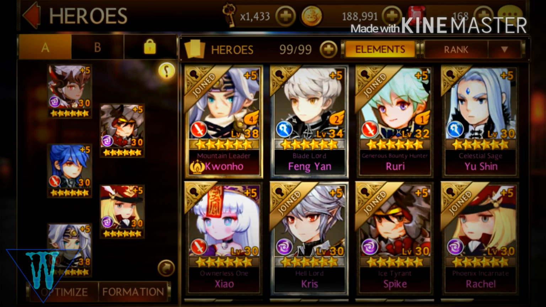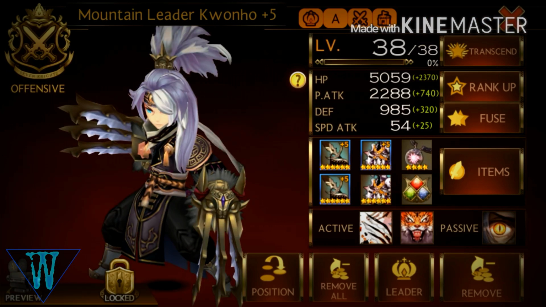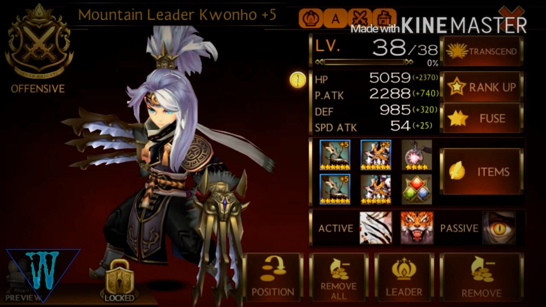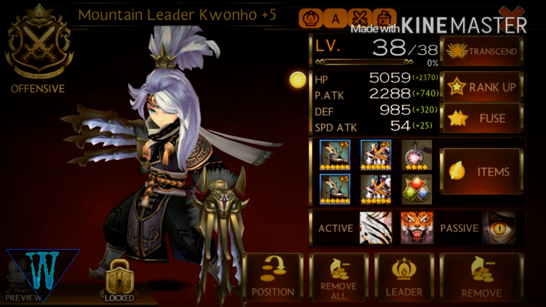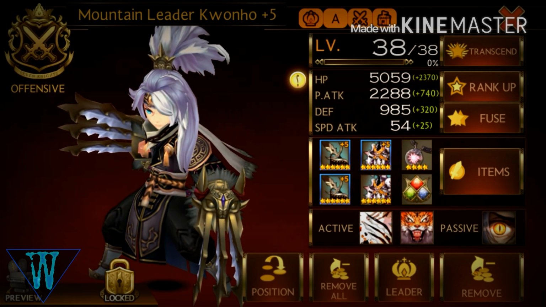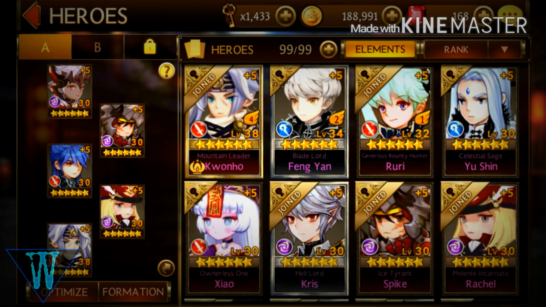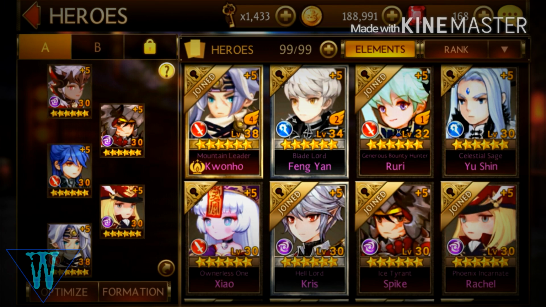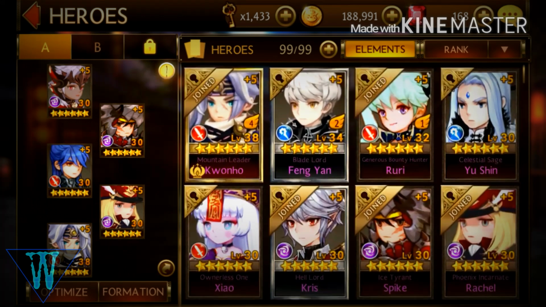But one thing you need to know about leveling up your characters is that you need to focus on one first. Don't just go all over the place. So, okay, I'm going to level up Kwanaho to level 32, and then I'm going to level up Fin Yan to level 32 tomorrow. No, don't do that. Focus on one, and then move on. I know it takes a little while, because finding the identical copy of a character can be a little hard, but there are fairies that you can get